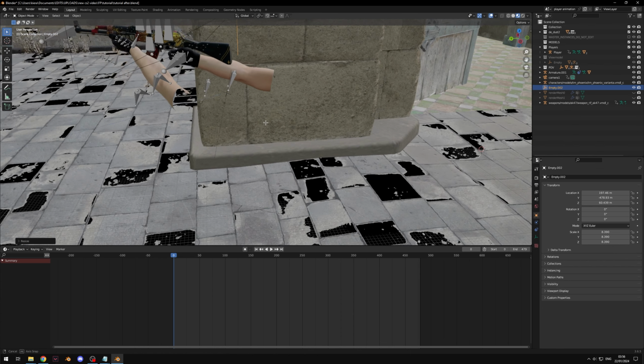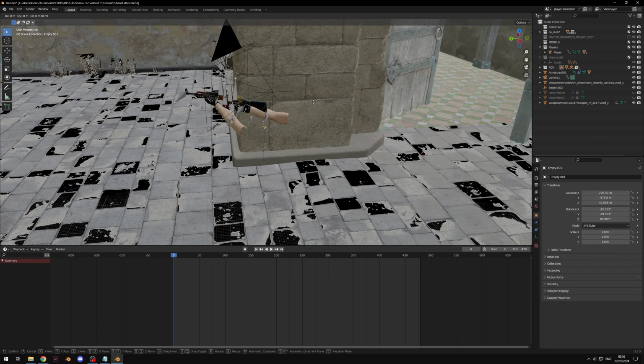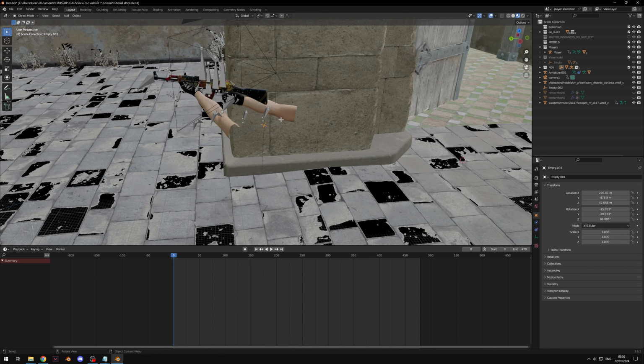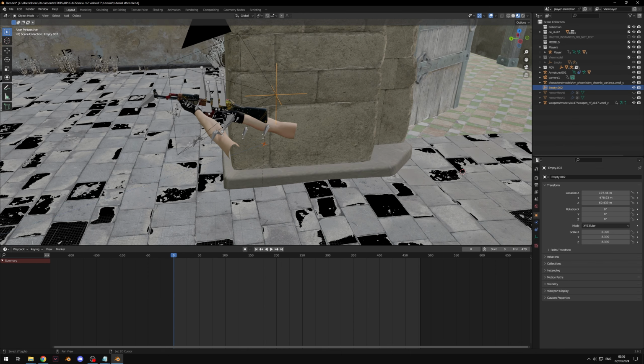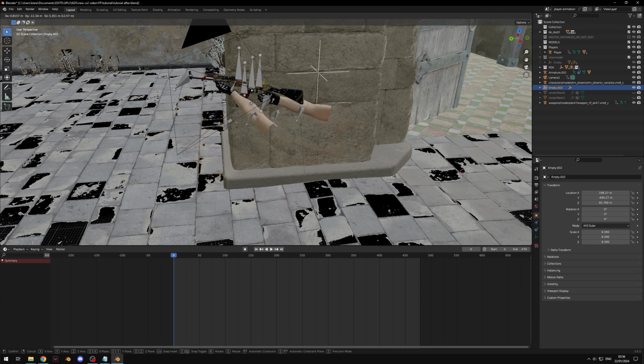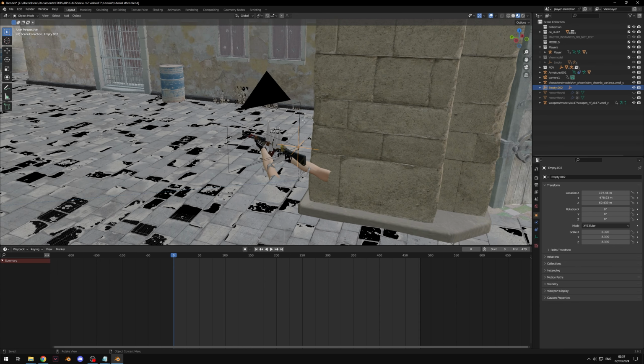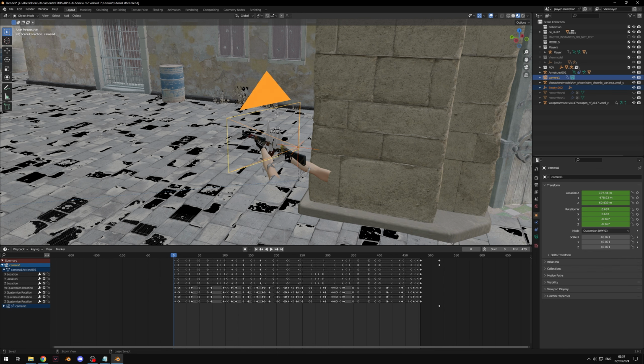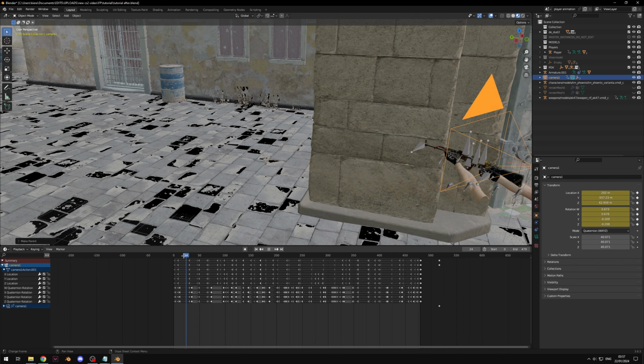So I'm going to do a plane axis here, and we'll scale that up. Now all you need to do is find the axis that's controlling everything else. So you can see that's this one here that's connected to the arms, which the gun is then parented to. And we're going to hold Shift and click on this one, press Ctrl P, object keep transform, and you'll see now we'll be able to control the other ones with this axis, which is great. And then all we're going to do is parent this one to the camera. So hold Shift again, select them both, and object keep transform, and you'll see now the hands will follow the